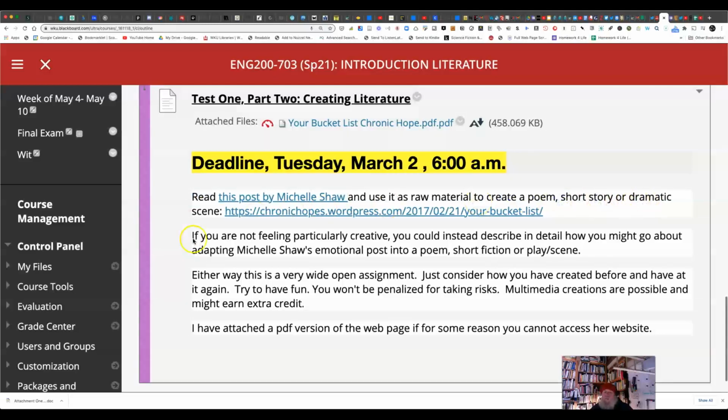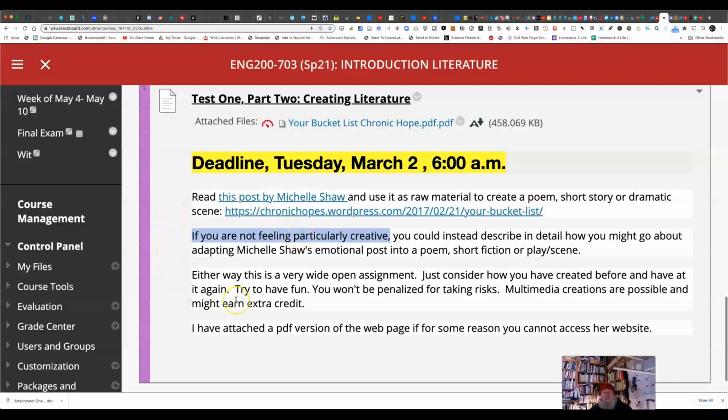Now I realize not everybody feels comfortable being a creator like this. So I've given an alternative here if you want to try it. If you're not feeling particularly creative, instead you could describe in detail how you might go about adapting Michelle Shaw's emotional post into a poem or short story. So how would you do it? If you can't actually do it, then how would you try to do it?